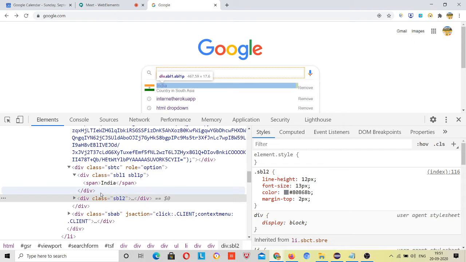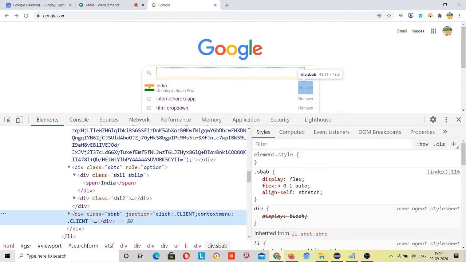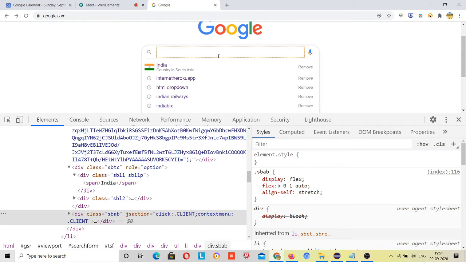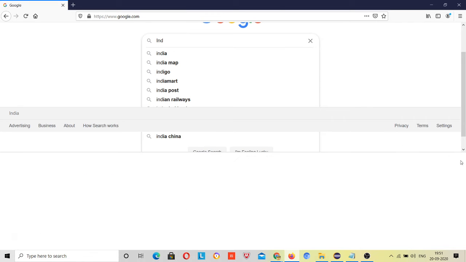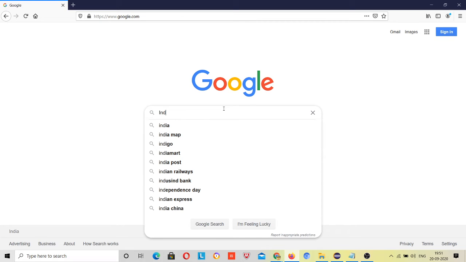If I am here, India is highlighted. If you face this problem that something is not highlighted, just Google Chrome and you have to automate this. Come with Firefox, I'll suggest that, because Firefox works fine for everything. Google Chrome is developed by Google, so better to inspect things with Firefox, right?